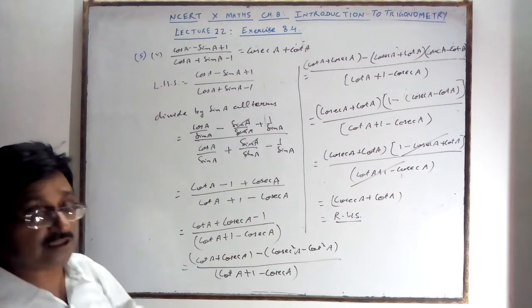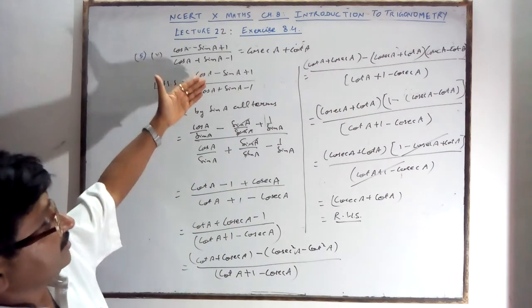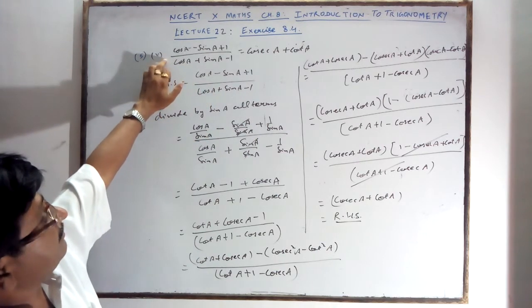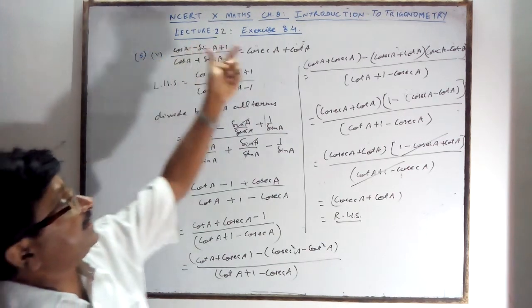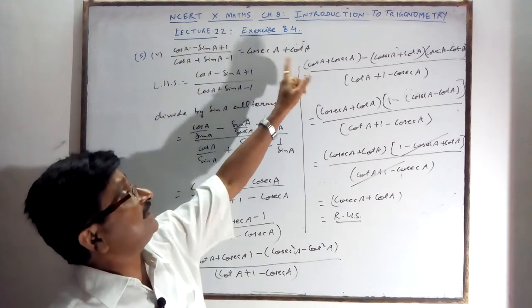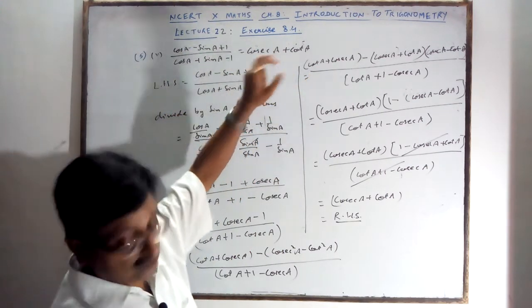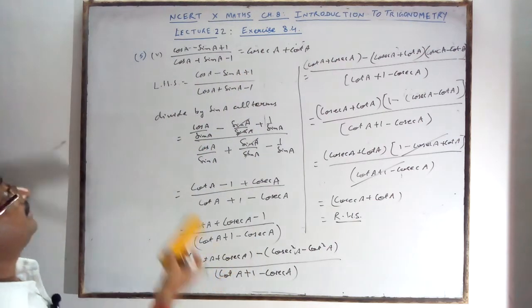There is no fixed rule that you apply, so that's why you are doing it in a very simple way. What trigonometric ratio you take for division is decided by the right side. If here sec and tan, then you divide by cos. If here cosec and cot, then you divide by tan.